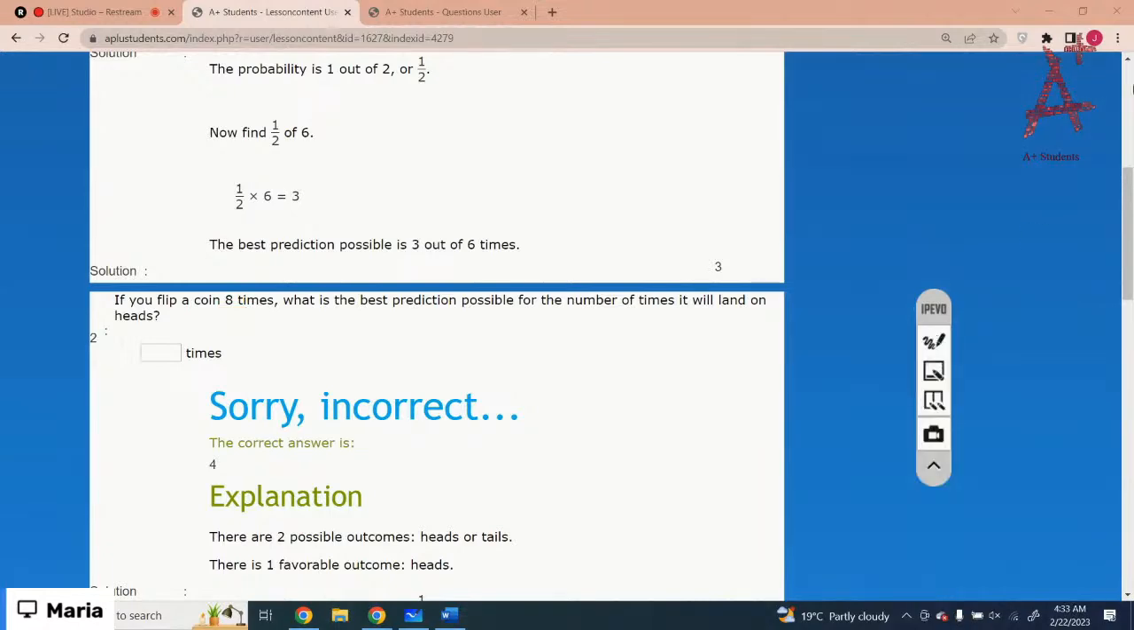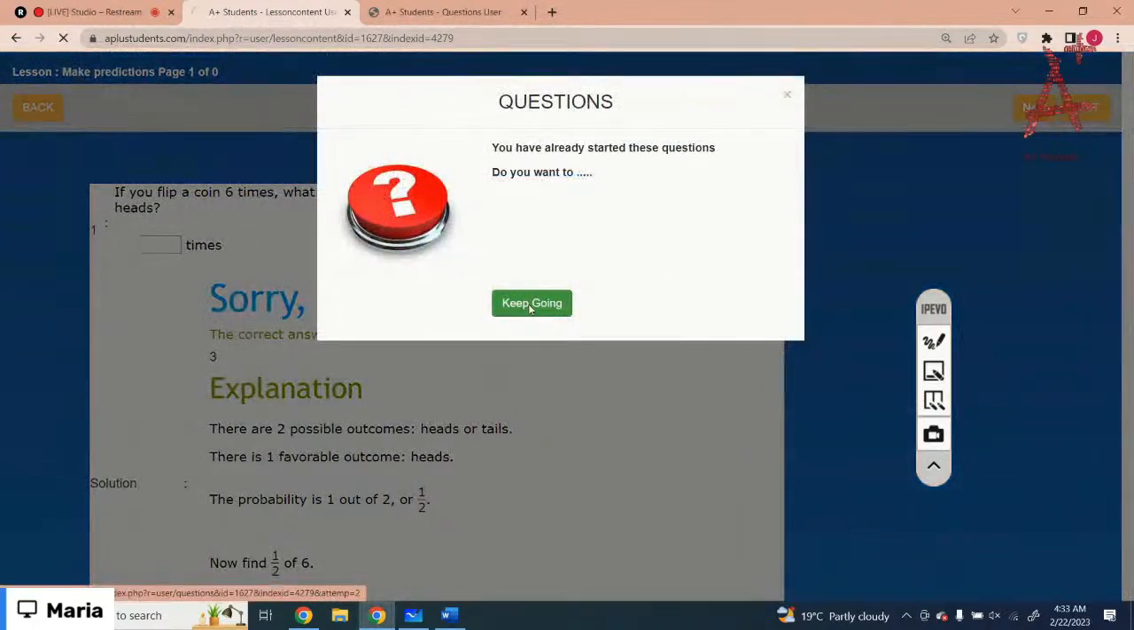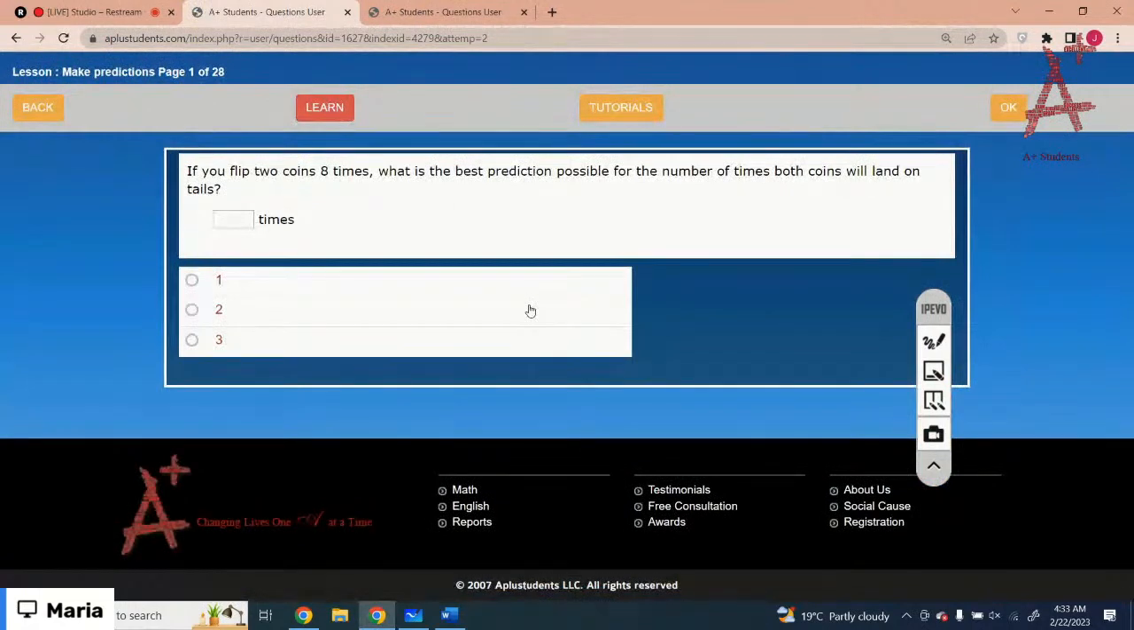Let's just start with the test questions. Okay, the next one is, if you flip, that's the same I just did. If you flip a coin 8 times, what is the best prediction possible for the number of times both coins will land on tails? So you have two coins, got it? So both of the coins must land. Let me just copy and